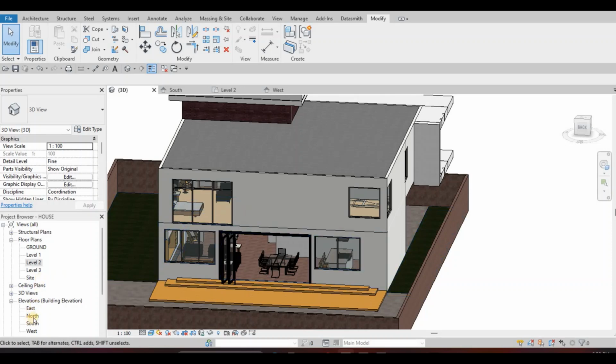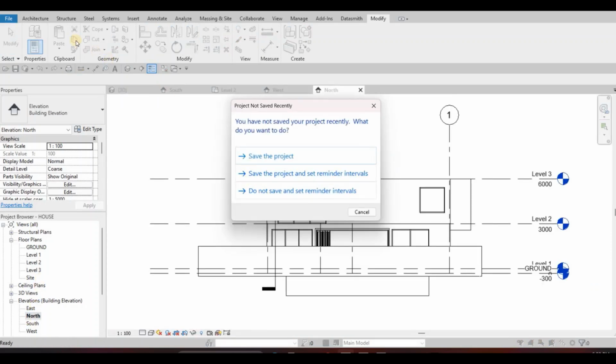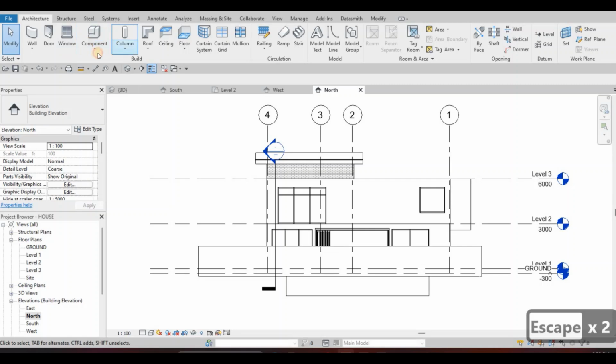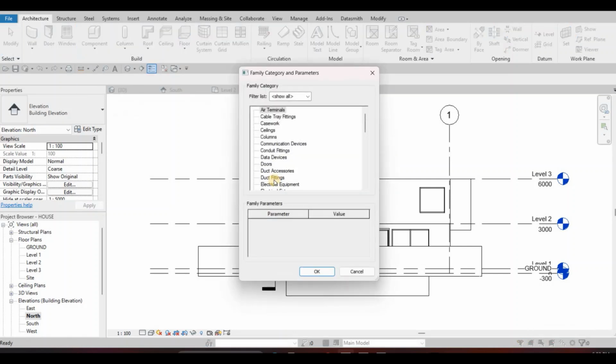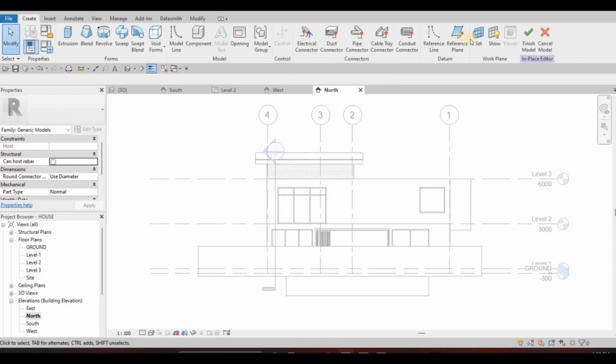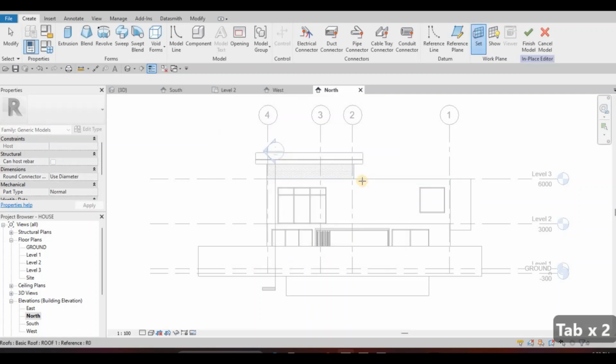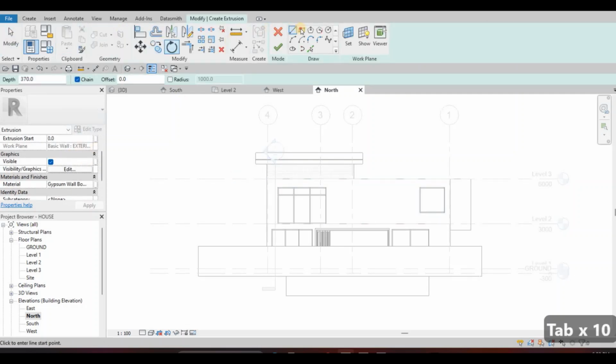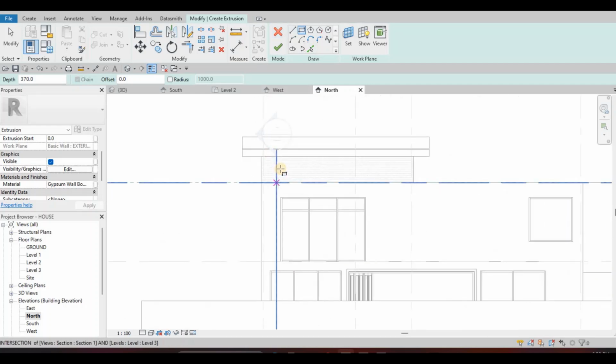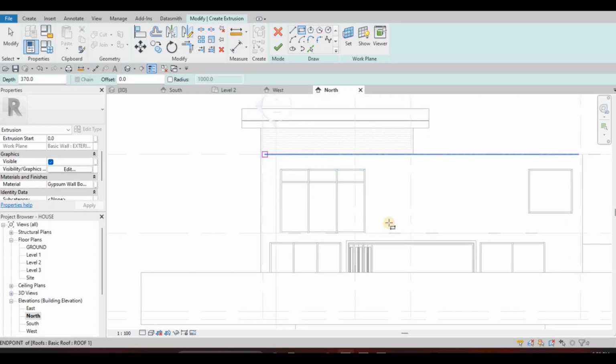So we could go to our north elevation and then we could just create a model in place again, generic model, set it, pick plane, and then we're going to use this plane right here, and then click on extrusion, and then here what we can do is similar to that. We can create something like this,